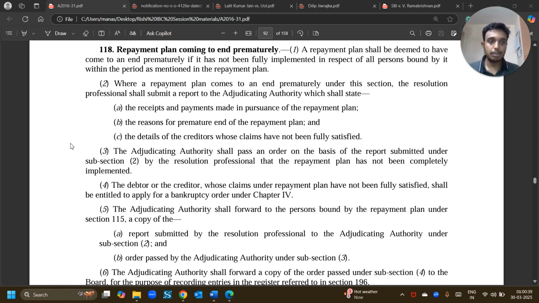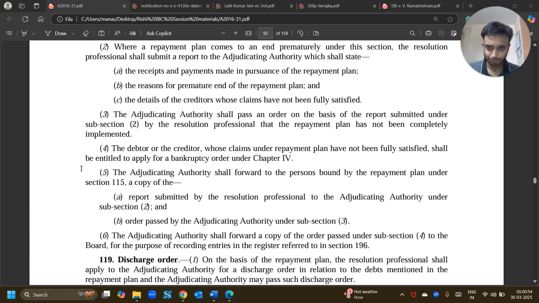So, three things. First, the plan has not been fully implemented. Second, it has not been fully implemented in respect of all the persons. And third, this lack of implementation has occurred within the time period mentioned in the repayment plan. Subsection 2 says, when this premature end happens, the RP shall submit a report to the adjudicating